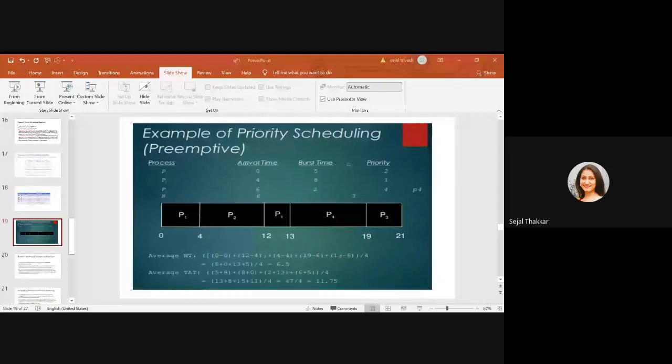Are you getting what I'm telling you up till now? Do you understand? Yes, ma'am. Okay. Now what you have to do is, in the same way, count the arrival time, burst time, everything, completion time. Let me know what is the completion time for P1 from this figure. Let me know where P1 is going to complete. 13. 13 or 4? 13.